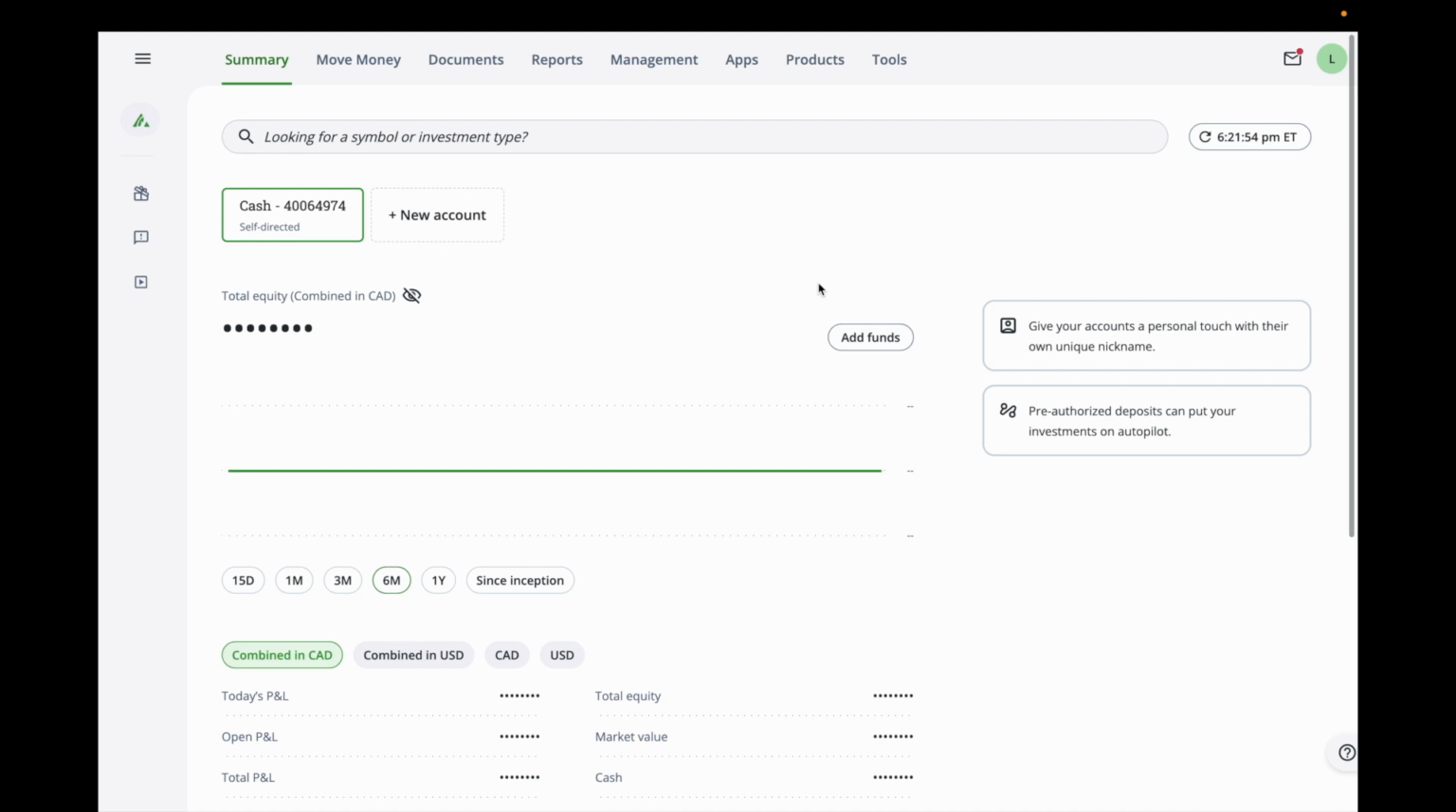So in this Questrade tutorial video, I will be showing you guys how to buy fractional shares of an ETF here on the Questrade desktop version. So once Questrade's open on your computer or on your laptop, what you have to do is select an